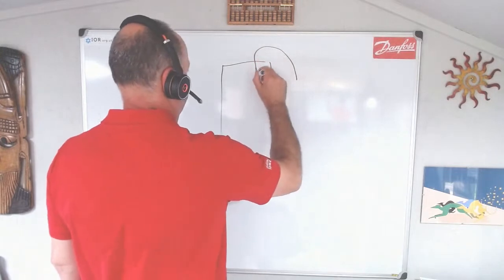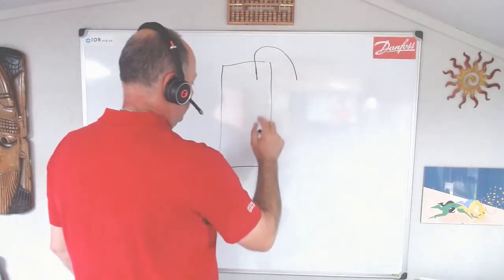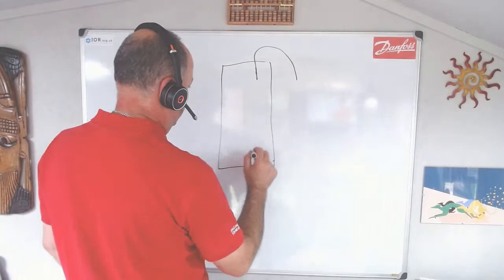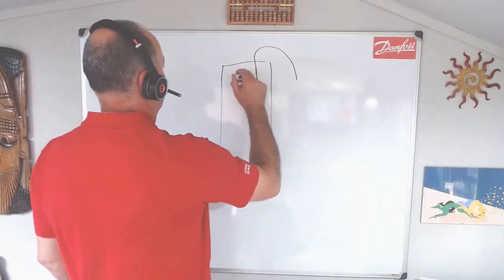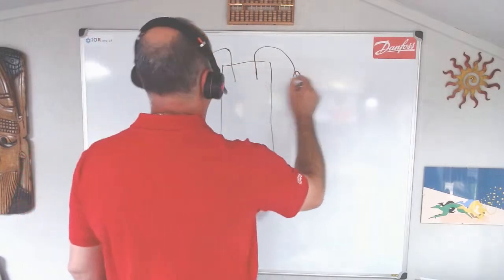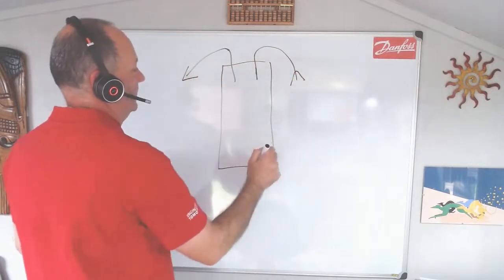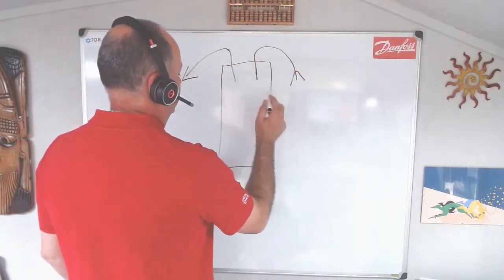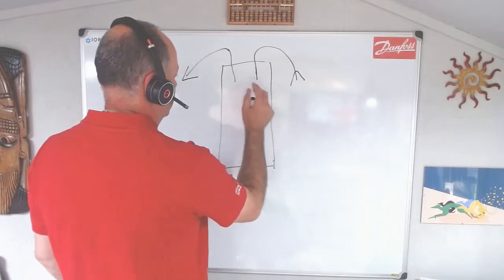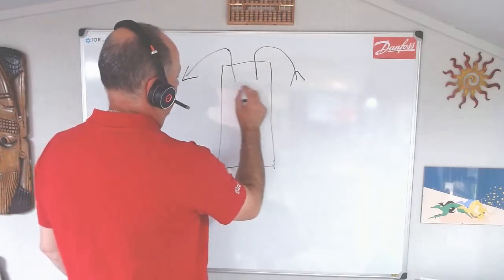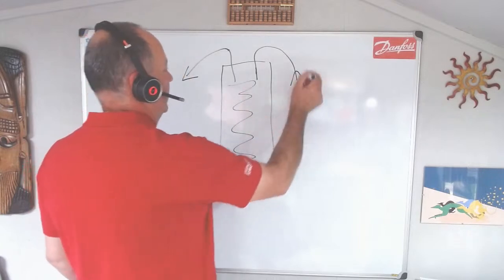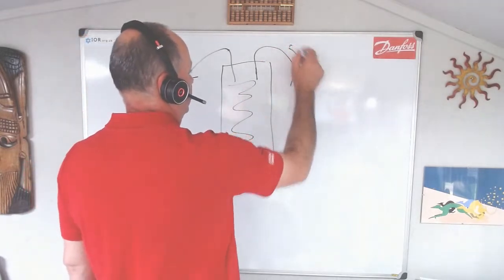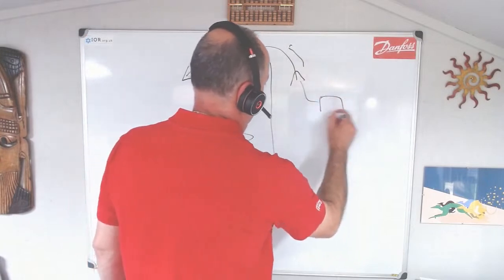Let's do it nice and simple. So you come in and you go out of your discharge line, and in the oil sep you might have, let's say, some wire mesh or something within the oil sep, and the idea is that as the discharge gas comes in, so that comes from our compressor here,